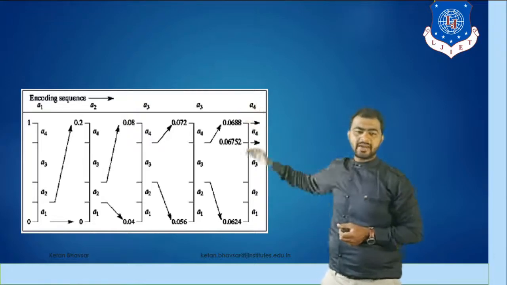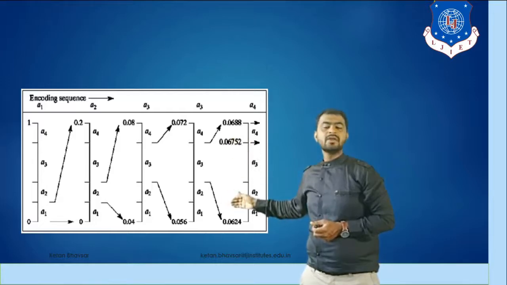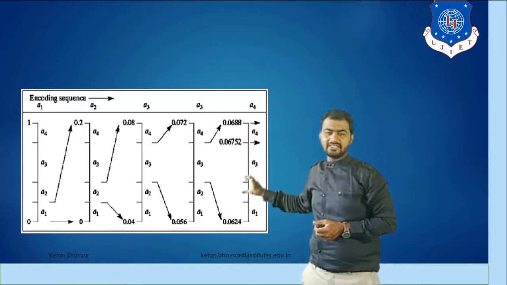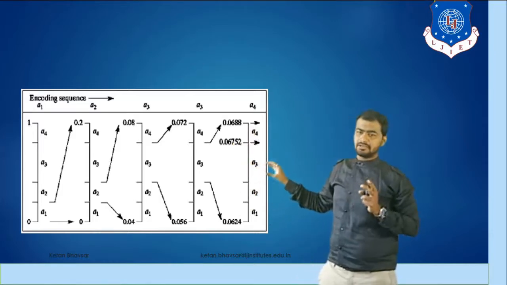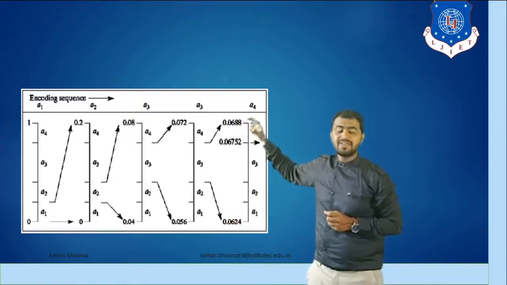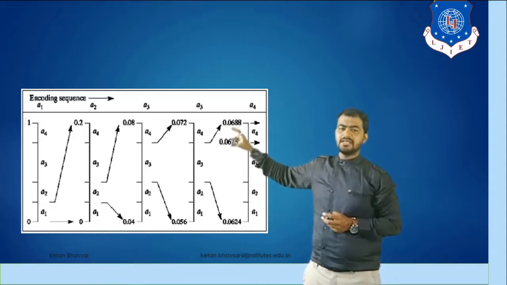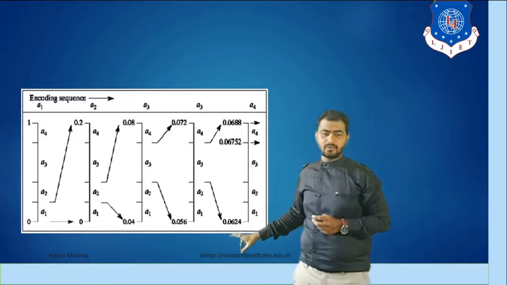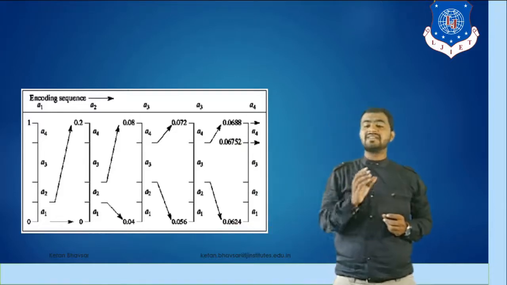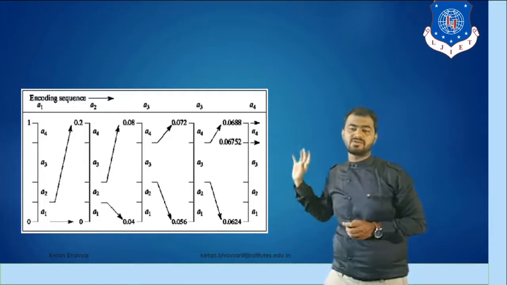Now similarly, as you can see, we start from 0 to 1, then we have a range of 0 to 2, then again we apply similarly terms from 0.04 to 0.08, then again you have to take the A3 term because A3 is the third symbol, so 0.056 to 0.072. Again we have to take A3 because it appears 2 times, so A3 again, as you can see, 0.0688 and 0.0624. So this process goes on equal to the number of symbols you have.